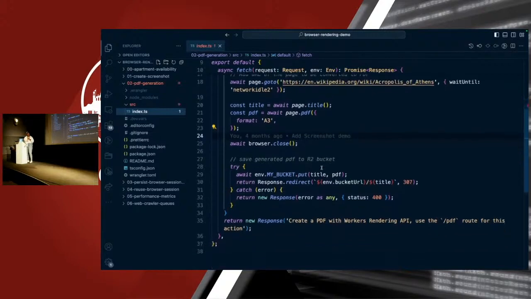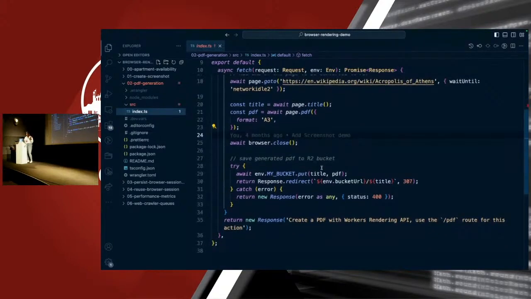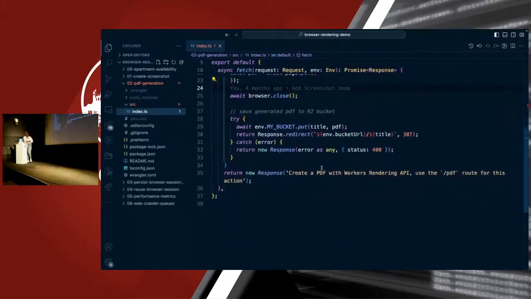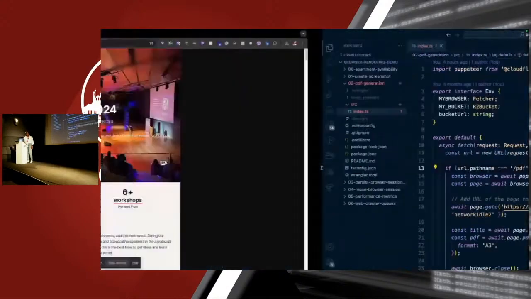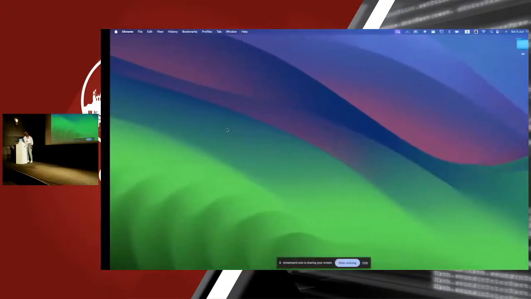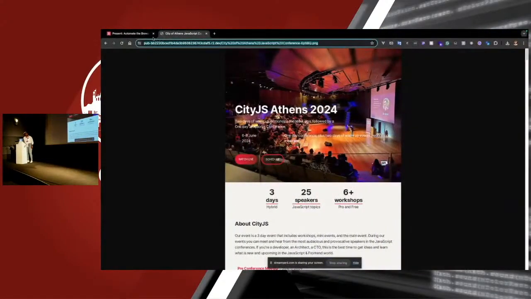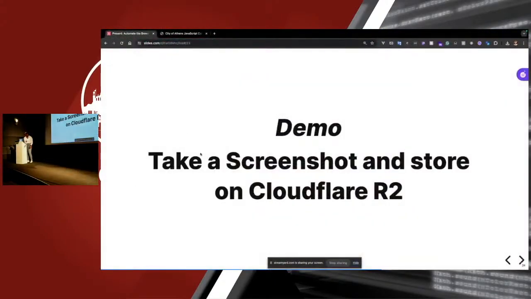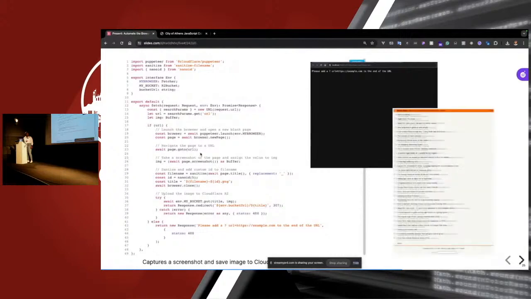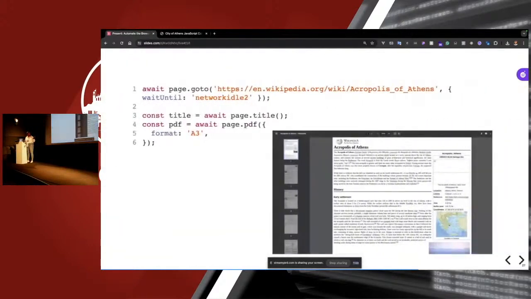For this specific one, I then store it to an R2 bucket as well. I think I have an example in my slide, so I don't need to run that because of time. Let me just go back to the slide. So this is the first demo where I've showed you how to take a screenshot, and then the second demo